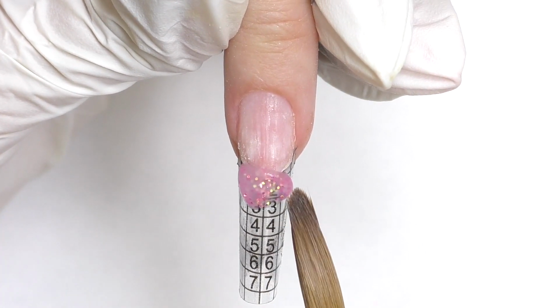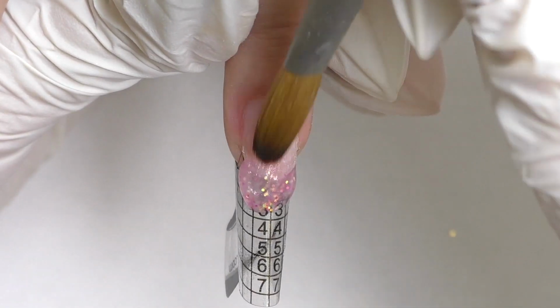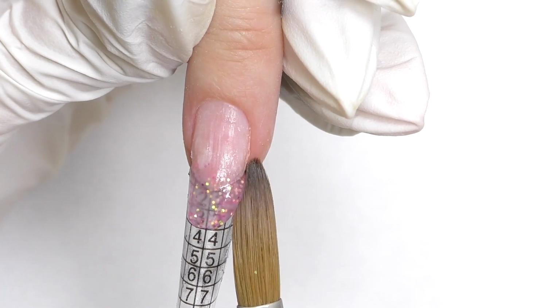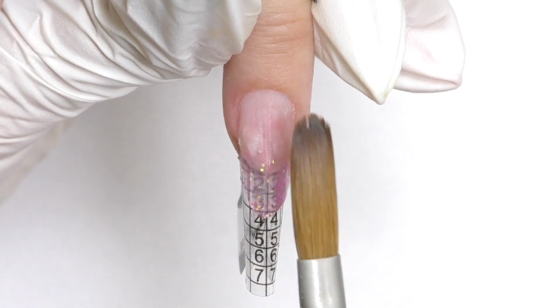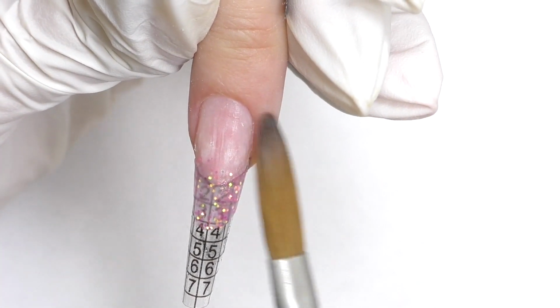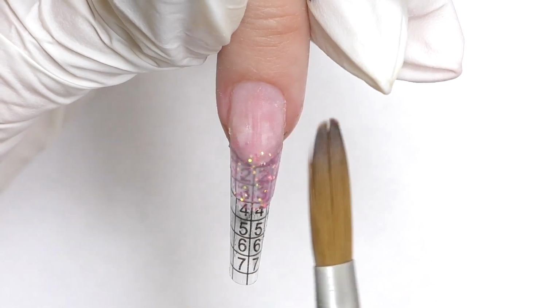The nail is already prepped and I'm starting with the application. This is the cherry pink color, and I decided to do the clear glitter free edge and nude nail bed. You probably noticed that all the packaging is so pink, so kawaii, so cute. And another interesting thing is that most products by Exclusive Nail Couture smell like candy, and Monomer is no